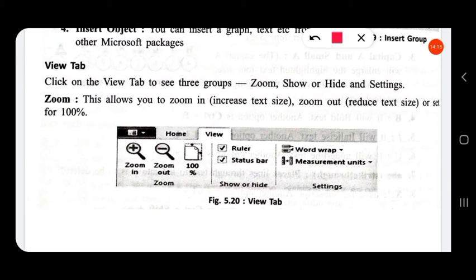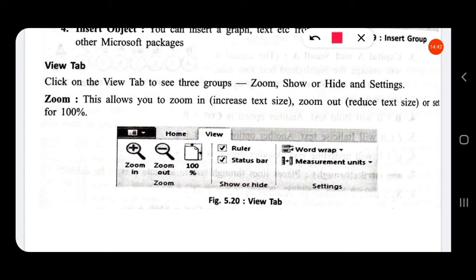Then show or hide. Show or hide shows the ruler on the top of the WordPad. You have seen a ruler. That show will show the ruler or measurement on top of your document. If we untick that, the ruler will be hidden.